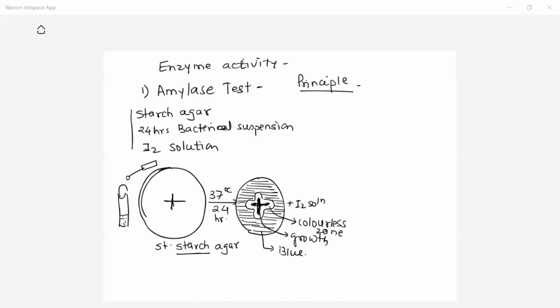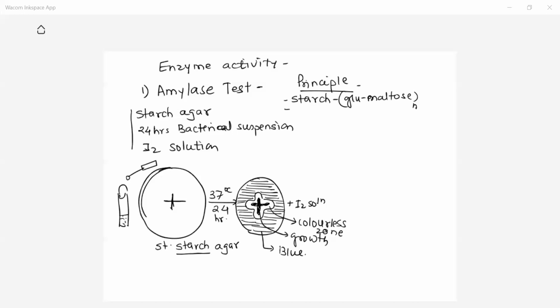Here, as you know, starch is a polysaccharide. Starch is a homopolysaccharide. It is made up of glucose and maltose sugars that come together n number of times, linked by alpha 1,4 linkage to form maltose. So it is a homopolysaccharide. It consists of a large number of glucose and maltose units.